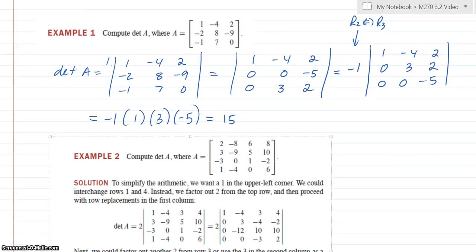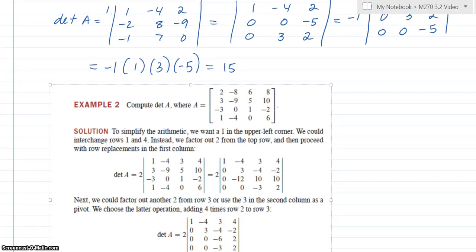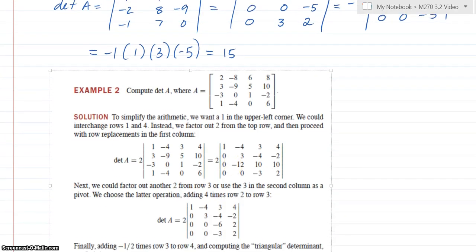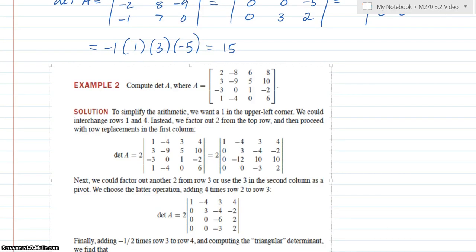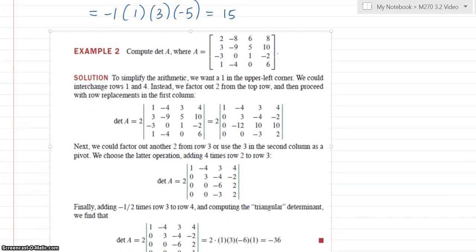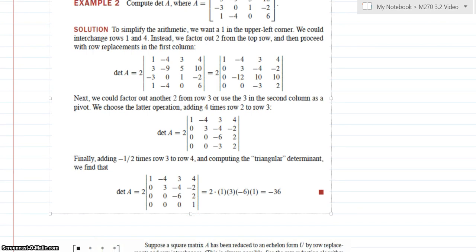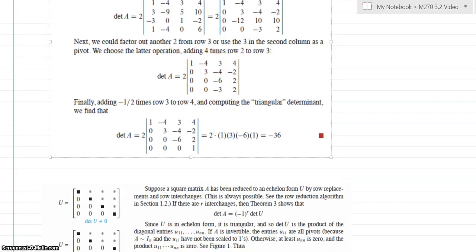So let's just look at their solution instead of doing this one, just so you can see it. They row reduced it. They got a 1 with zeros. I guess they divided through by 2, so they had to add that extra 2 there. But other than that, they kept on going until they got that triangular matrix, and they just multiplied the diagonals. The reason I bring this up is because there's a great warning here. Oh, before I get to the great warning,